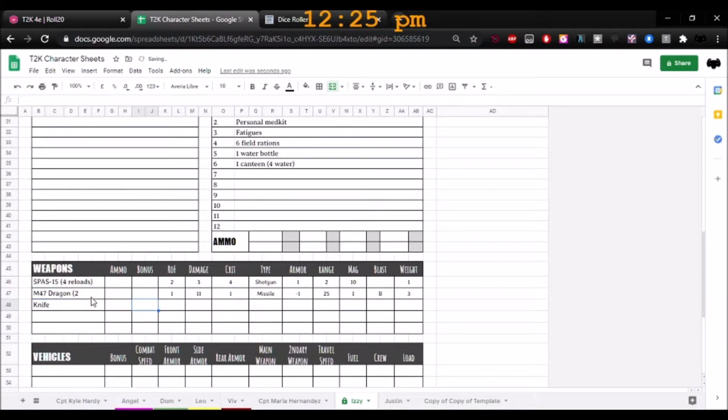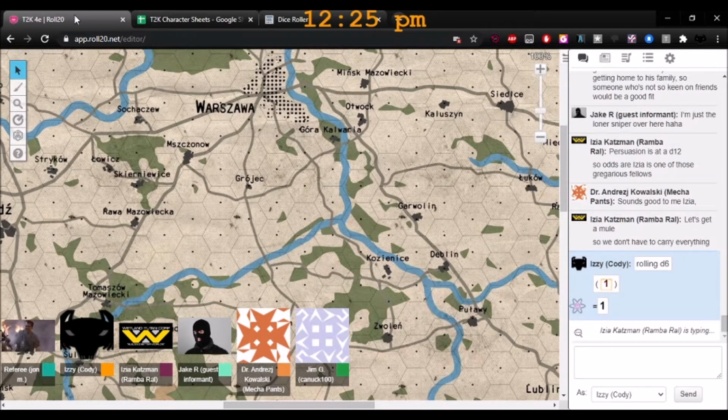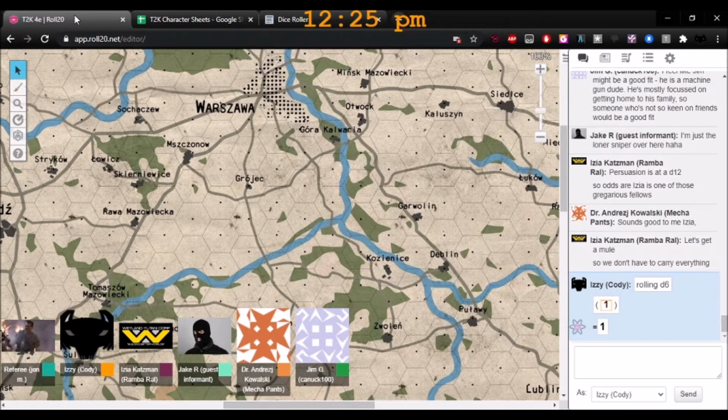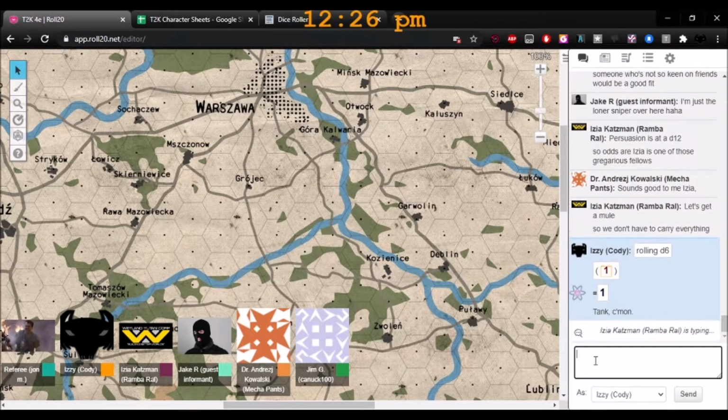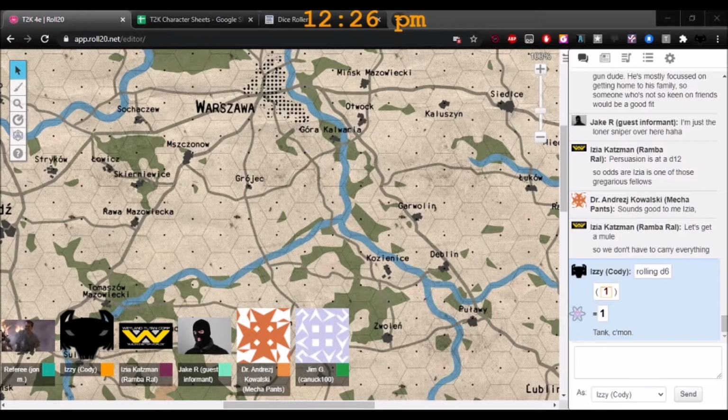I'm thinking, let's get a dirt bike so that someone can go ahead of the group to check it out. I also am thinking of the basic toolkit. Couldn't we? Oh, I guess we should roll for a vehicle first to find out. Yeah, find out if we have a vehicle, because if we've got a decent vehicle, an APC or a Humvee or a Jeep or something, then we don't need the tank. We don't need the dirt bike as much. That's true.